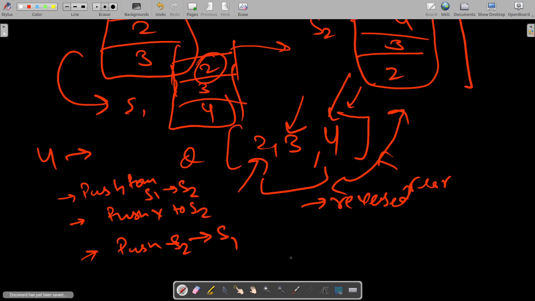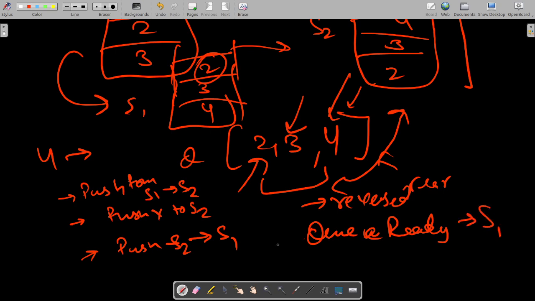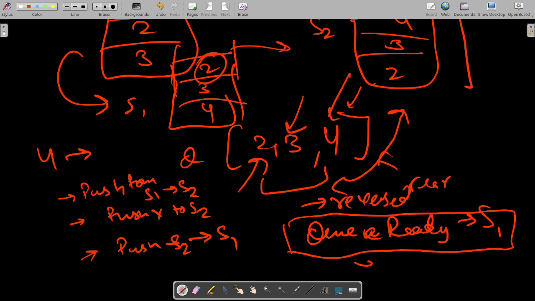Then my S2 will become empty, and my queue will be ready, present in S1. So if I want to remove an element, I will pop directly from S1.